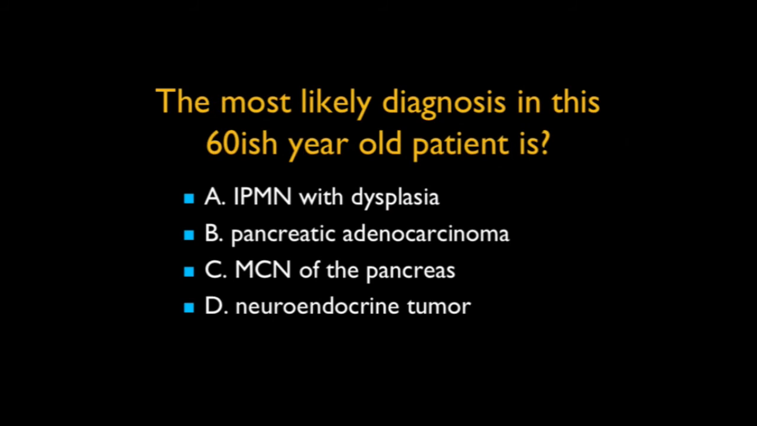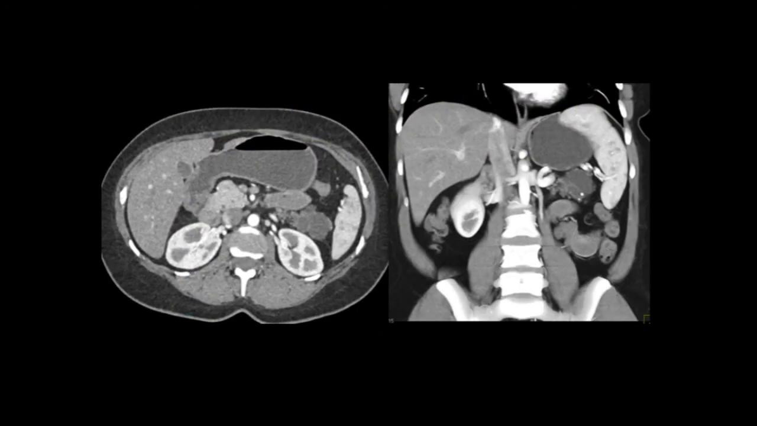This is a 60-year-old patient, and I asked for the best diagnosis. You can see there's a mass in the tail of the pancreas, faint calcifications, and cystic. It really doesn't look like an adenocarcinoma. MCN's a possibility based on age, but they're usually in the body of the pancreas and they don't have those